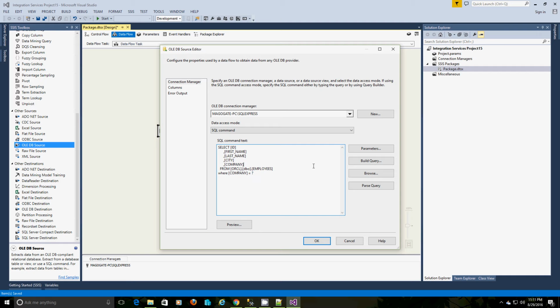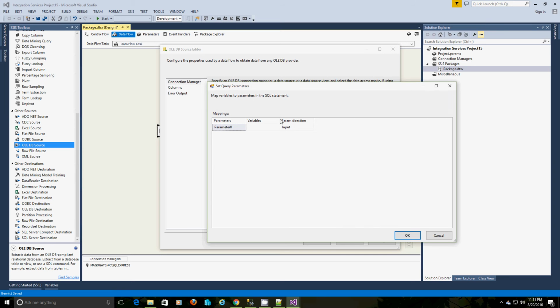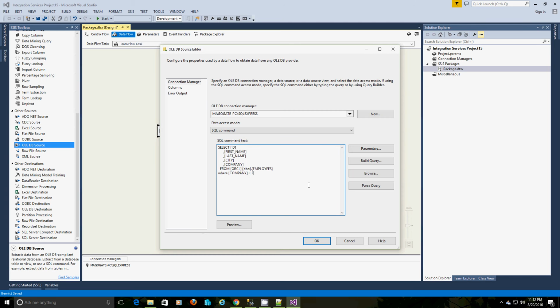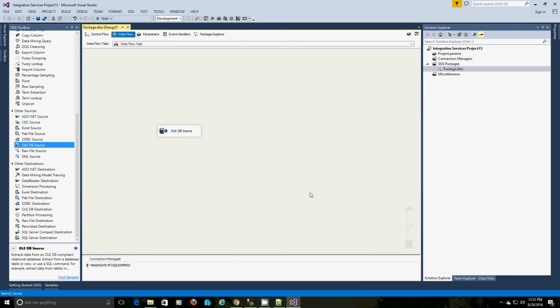This question mark is nothing but the parameter which we are getting from the For Each container, and for the For Each container we have defined a variable value as str company name. We have to write these values into a flat file.